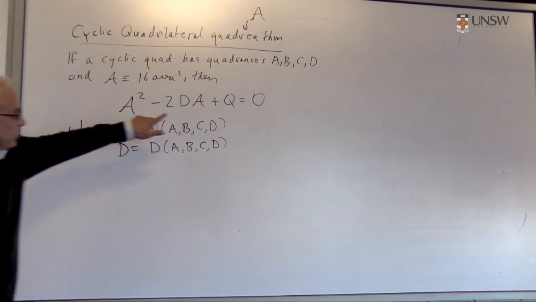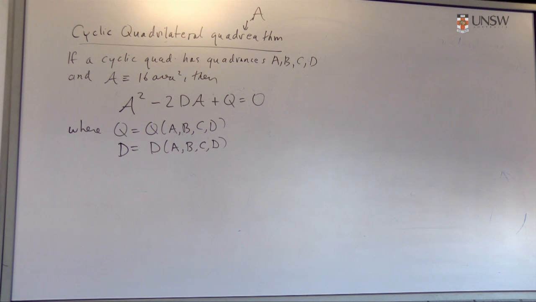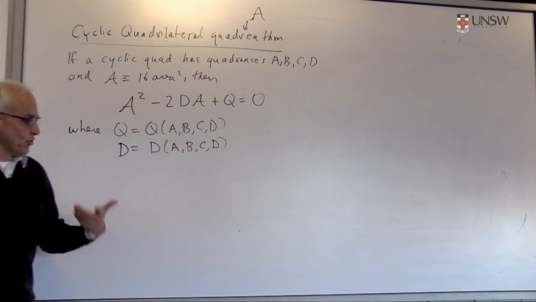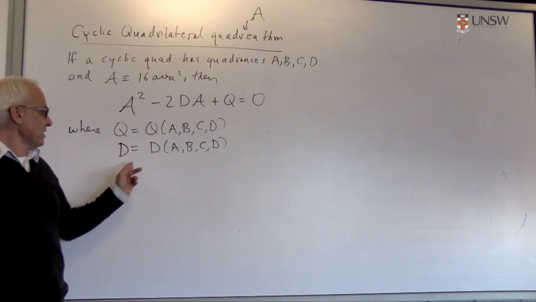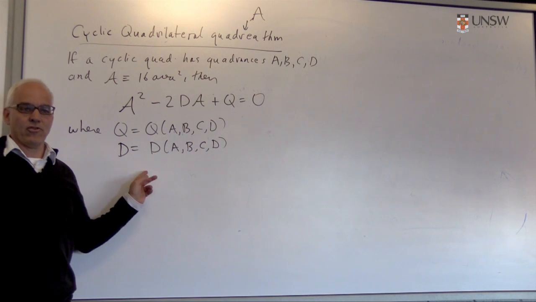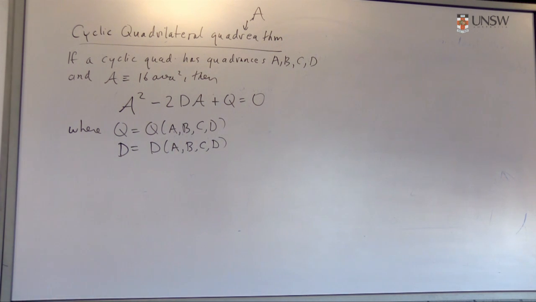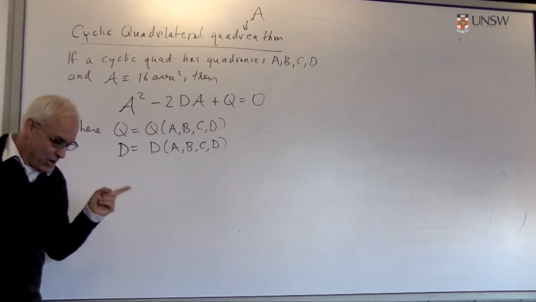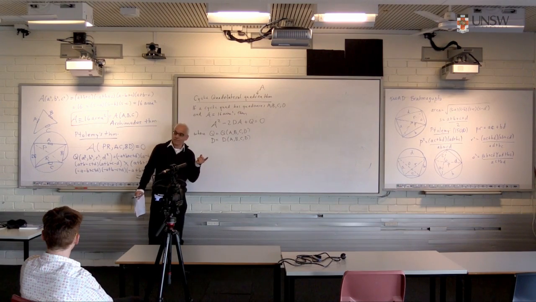So this last part here is not a surprise if you believe what I've said over here. I've said that the product of the two quadrances turns out to be these things. So here you're seeing the product of the two quadrances, and it's an additional statement about the sum of the two quadrances being given by Descartes' formula. So this is a formulation of Brahmagupta's result, which works for a general field.